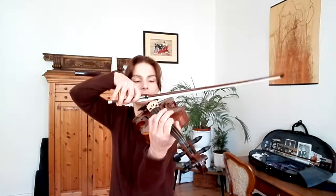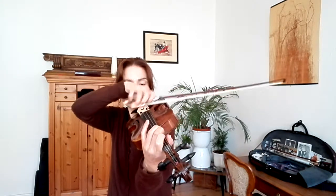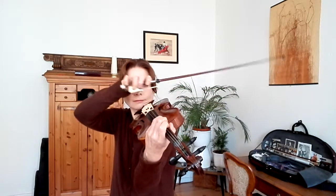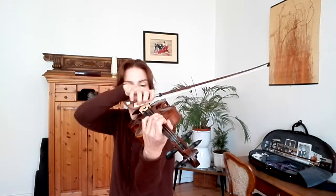Okay, now the first thing I would recommend is to practice this variation using only the up bows. So that would be like this. So that you really work at the up bows and really master this movement. And then you do the same thing, only using the down bows. Doesn't matter how slowly you do it, the main thing is that it's controlled and that you're doing the movement